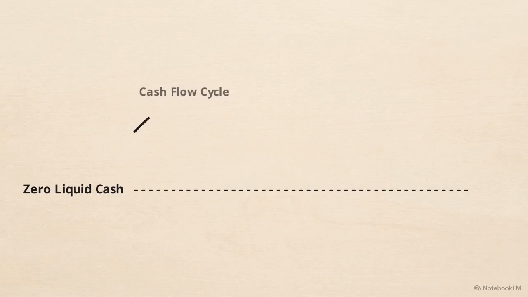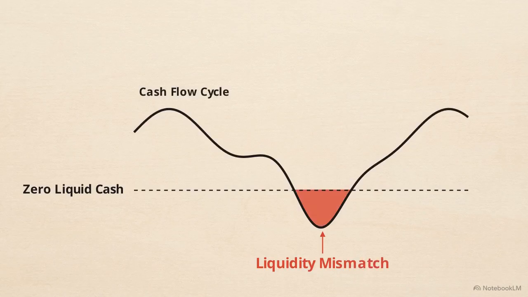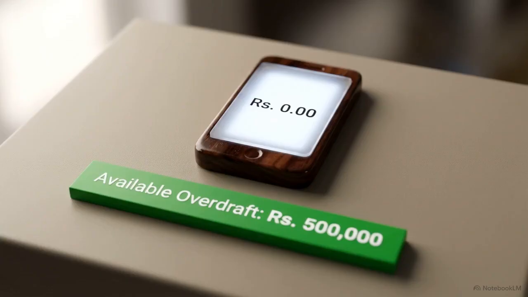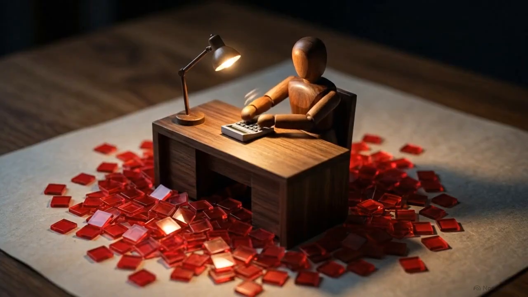This visualization isolates a stress point. Major clients delay their payments by 3 weeks. The factory faces an immediate liquidity mismatch. Supplier payments are due today, but cash arrives next month. To bridge this gap, the bank utilizes an overdraft facility. An overdraft allows a customer to withdraw funds beyond the available balance in their account, up to a strict pre-approved limit. This facility carries significant risk.